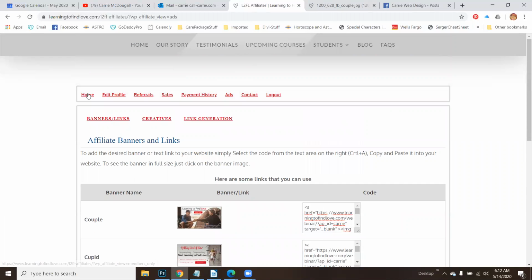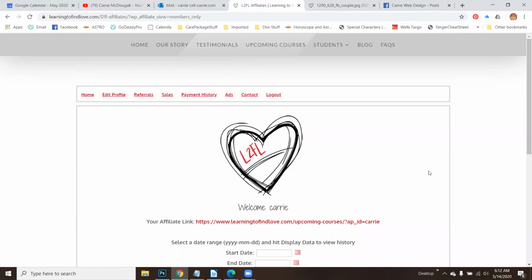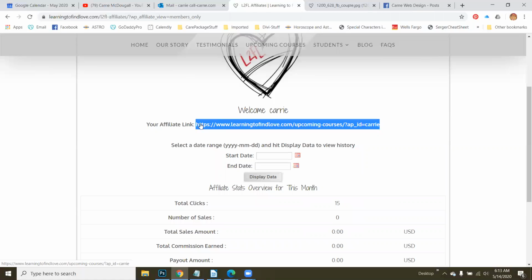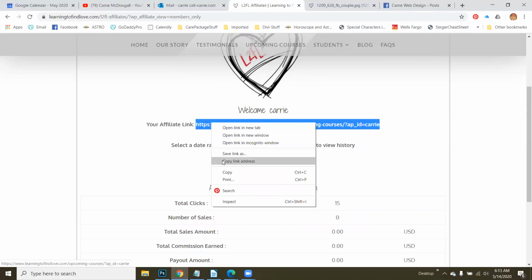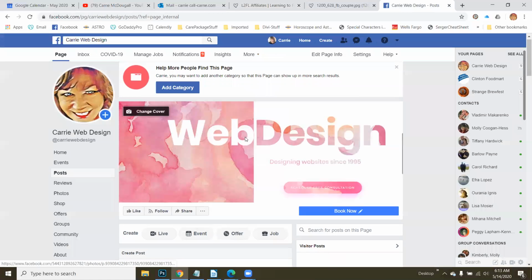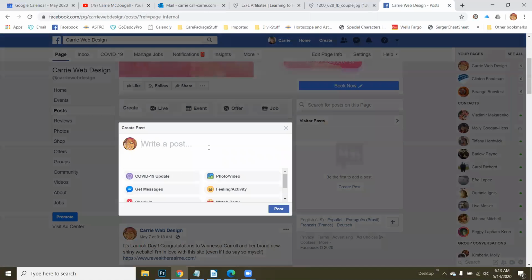We're also going to need that affiliate link. So we're going to go back to the home, the dashboard. And here it is right here. And we're going to go ahead and copy that. We're going to need that first. So copy link address. Now go to your Facebook, and to create a post, you're going to write something, you